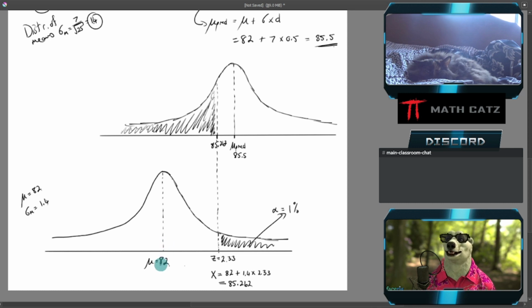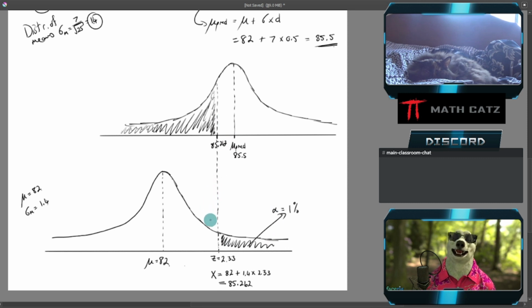The null hypothesis assumes that there's no change. So 82 is actually the true mean still. So then this bottom distribution is perfect, and this 1% is my chance of a type 1 error, the chance of rejecting. But in the case where the